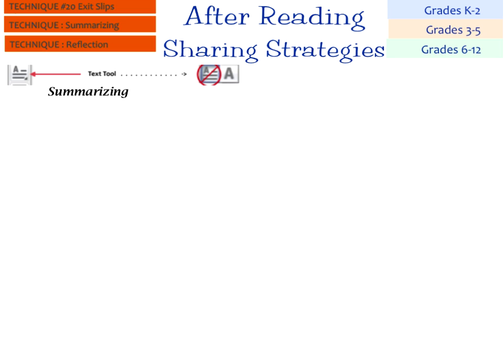Exit slips are effective for finding out if students have learned the gist of a passage and where confusion remains. On a slip of paper, each student simply finishes the responses, one thing I learned or one question I have. Not only can this be used as an after-reading strategy, but it can also be used after any content has been presented. This is information that can help you guide instruction the next day. More information about exit slips can be found in Daniels and Zemelman's Subject Matter, Every Teacher's Guide to Content Area